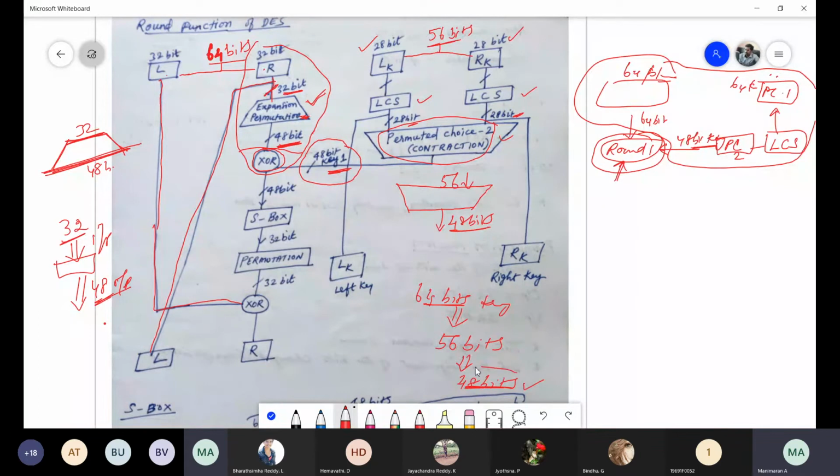So this subkey 48 bits and the plain text 48 bits we will take, and then we will apply the XOR operation. Whenever we are applying the XOR operation, both input sizes should be the same, then only we can apply the XOR operation. Just now I told you, if the inputs are 2 0 0 0 1 1 0 1 1, then only we can apply the XOR operation. So for example 48 bits, so 48 bits means how?